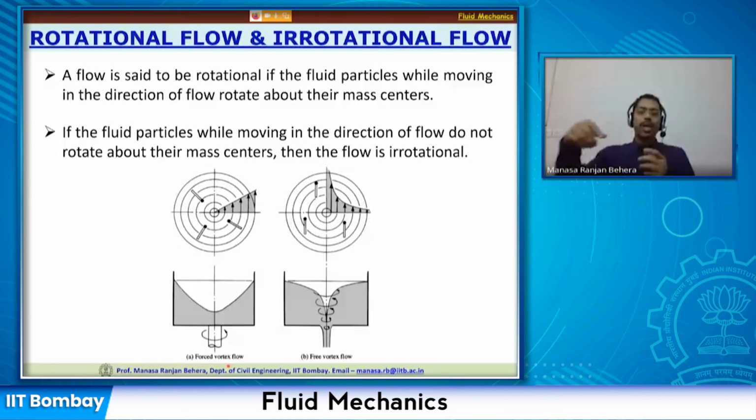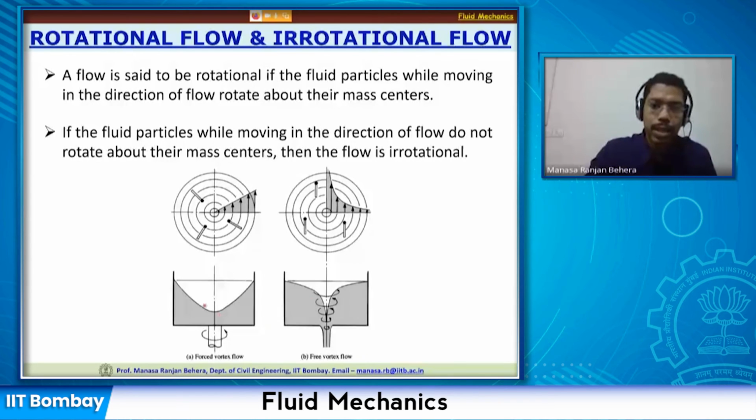Now, if you look at the first picture, it is a forced vortex. You have a tank and you are rotating the tank, and there is fluid inside. What will happen? It will create a profile like this: a concave profile, with a high water level at the sides and a low water level in the middle. When this water moves, the velocity varies from close to zero at the center to the maximum velocity at the wall, where it is moving as a rigid body motion. And this is called a forced vortex.